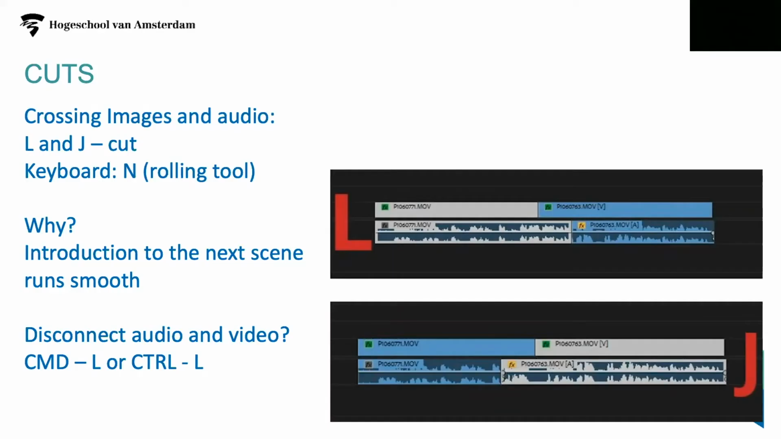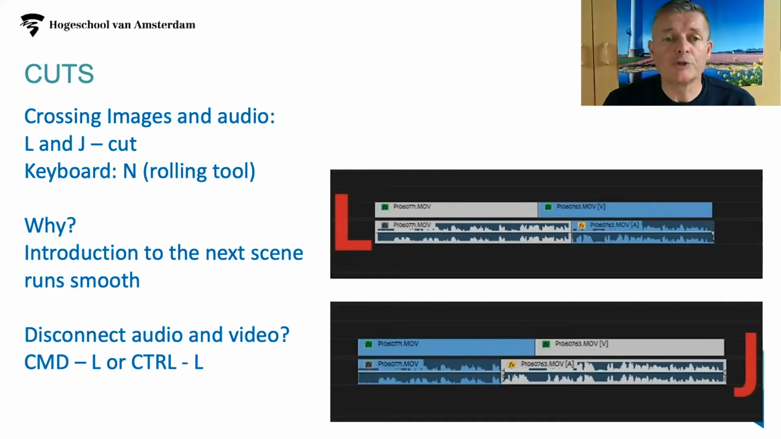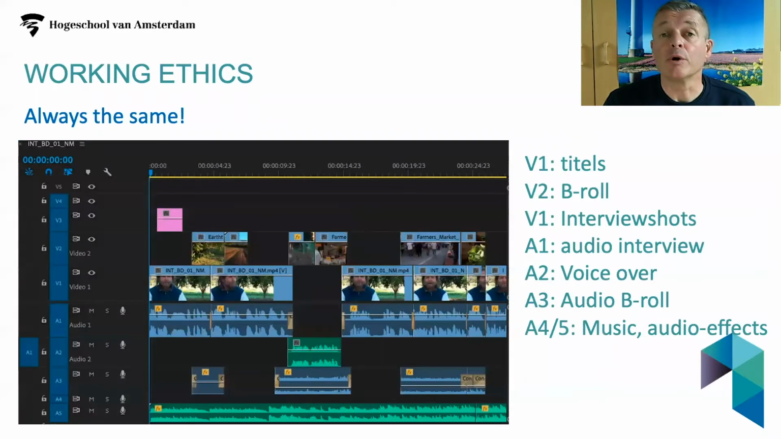The L cut is exactly what the J cut is, but flipped. So my audio right now will take us into the next shot. So the L cut is actually absolutely essential for conversational scenes because you're gonna have two characters, one of them is gonna be saying something, and then you're gonna cut to the other character as that first character is still talking. That's an L cut. The rolling tool on your keyboard, just try it, press N, and then you can extend your video or your